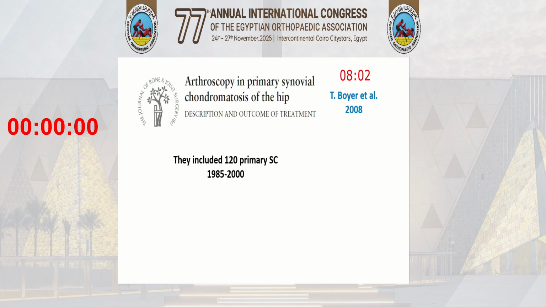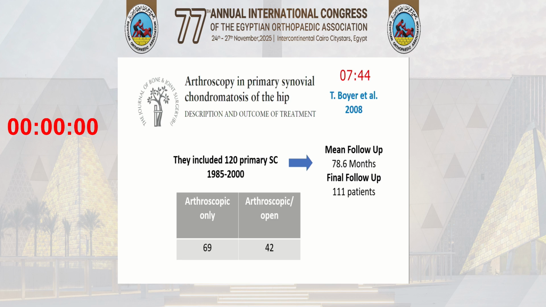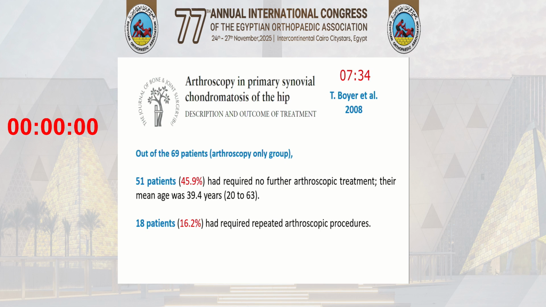They included 120 primary synovial chondromatosis cases between 1985 and 2000. The mean follow-up was 6.5 years with 111 patients at minimal follow-up. They included arthroscopic-only treatment in 69 cases, and both techniques, arthroscopic and then open, for 42 patients. Out of the arthroscopy-only group they evaluated, 51 patients required no further arthroscopic treatment, and their mean age